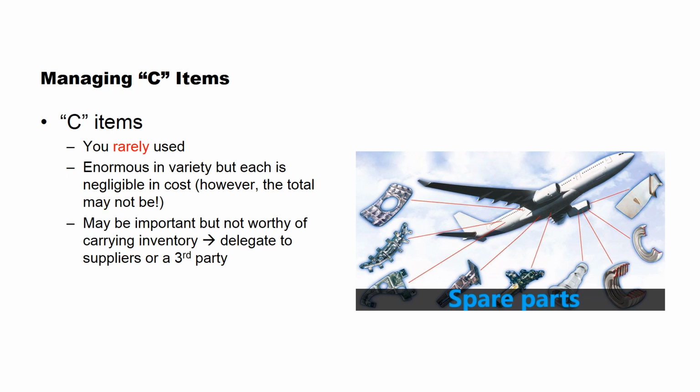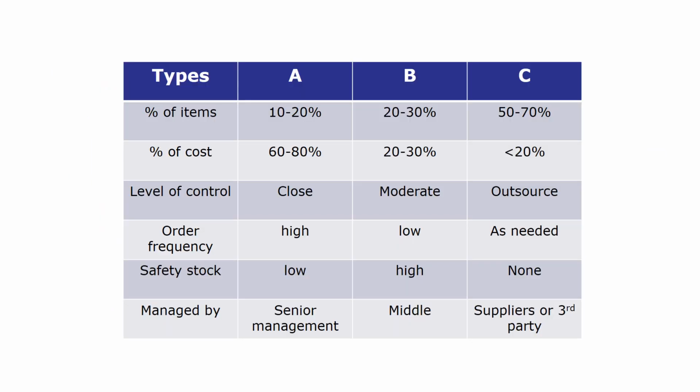Examples can be found in spare parts, which are stocked just in case of failures, which are likely rare events. The best inventory strategy is perhaps to delegate them to suppliers or third parties to hold inventory for you and order as needed. In summary, Class A items may account for 10 to 20% of the items, but 70% of